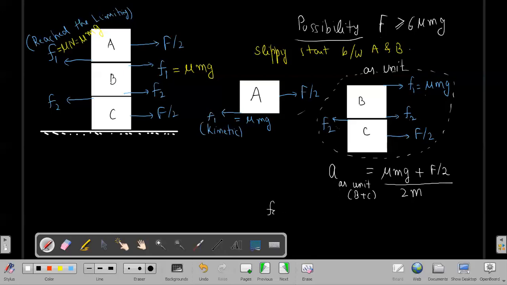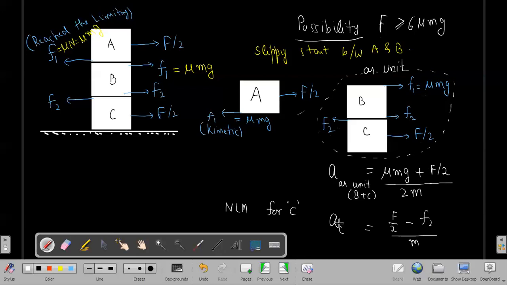If you write Newton's law of motion equations for the block C, then the block C is under a force of F upon 2 towards the right side and small f2, which is the frictional force to the left side, and it will be divided by the mass of block C, which is m. So this is the acceleration of block C now. But since block C and block B are moving as a unit, the acceleration obtained by considering them as a single unit and the acceleration obtained by considering them as separate blocks, both accelerations have to be equal.